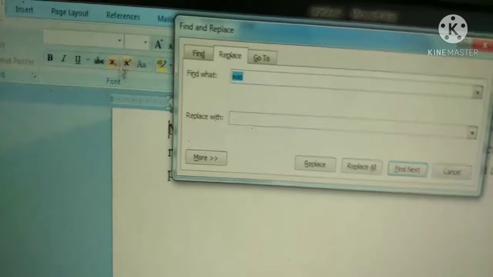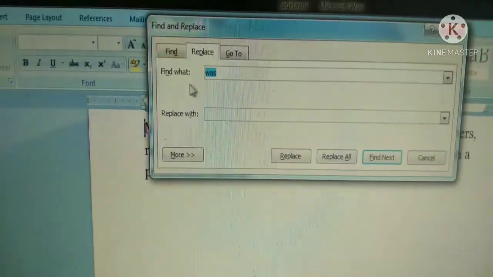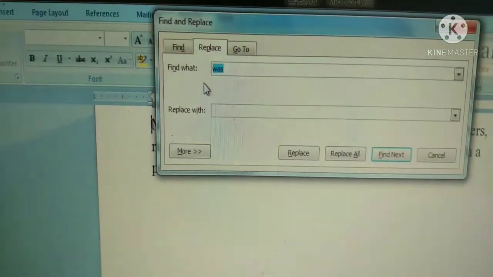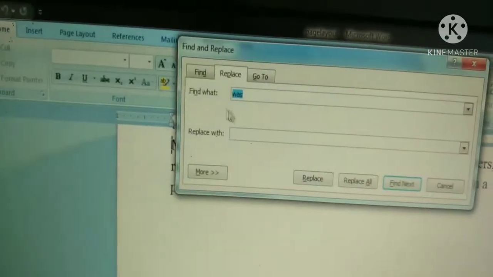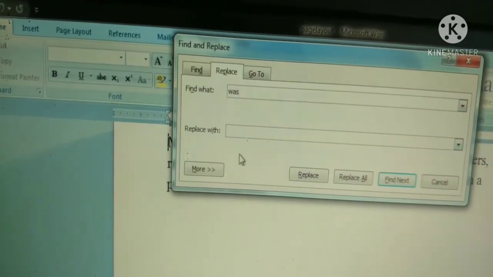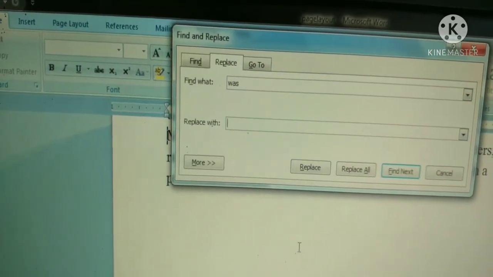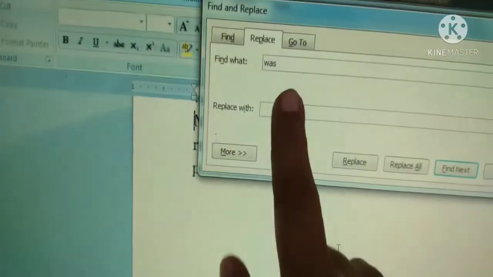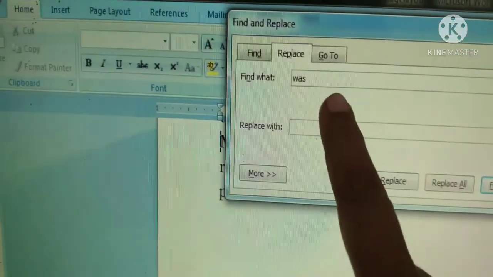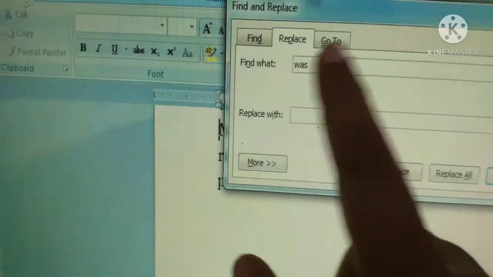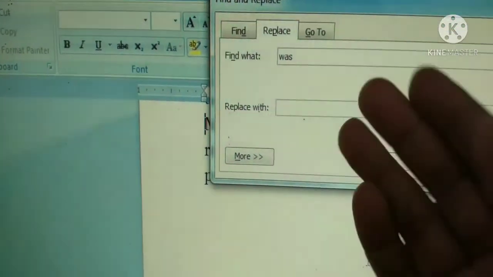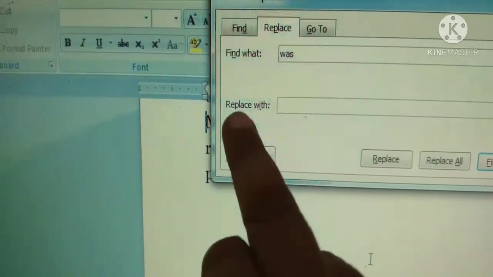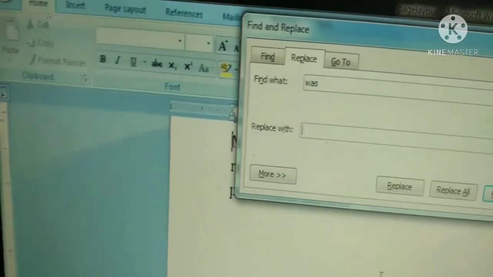Then see, what should I do first? I have to search the word which I want to replace. I give the word I have to find in Find what, and the word by which it should be replaced is given in Replace with.